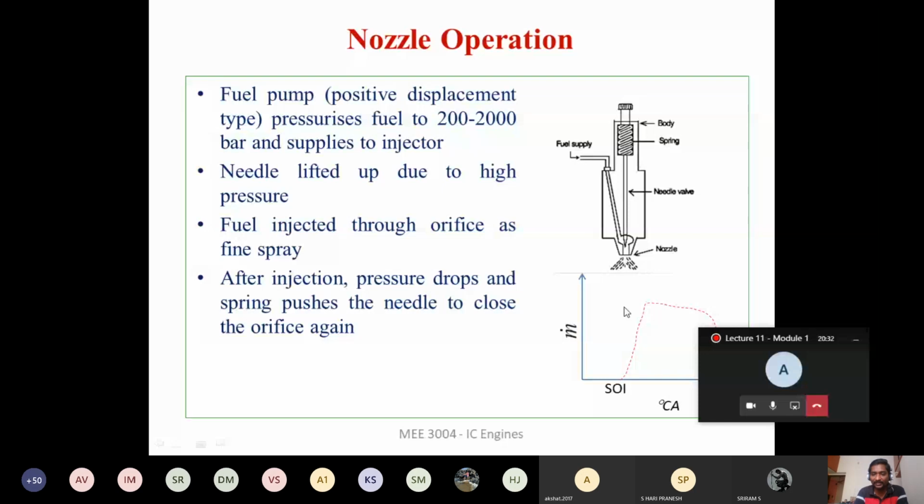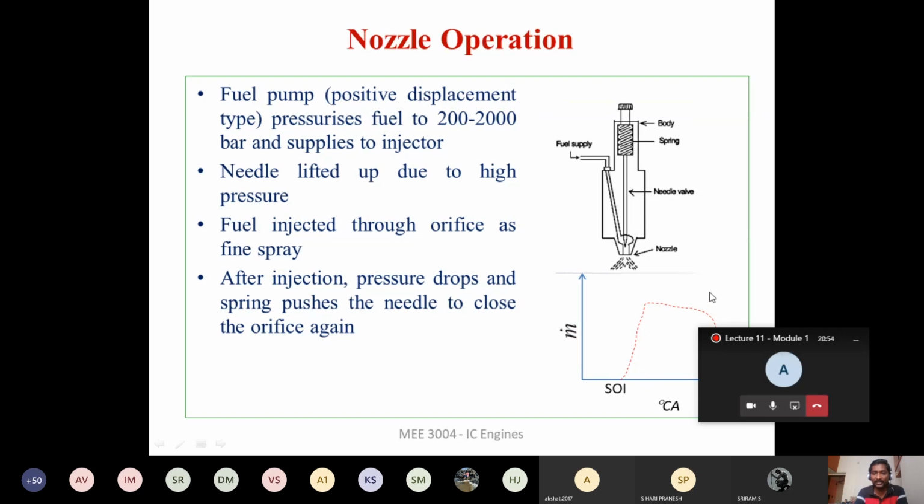At the start of injection, in the case of electronic fuel injection, as per theory, the mass flow rate suddenly increases, and there will be a continuous supply of mass flow rate during a certain time period, which we call the pulse width. Then the supply of fuel is going to be stopped. Fuel supply stops. Okay, so this is how the fuel injection in an electronic fuel injector takes place.